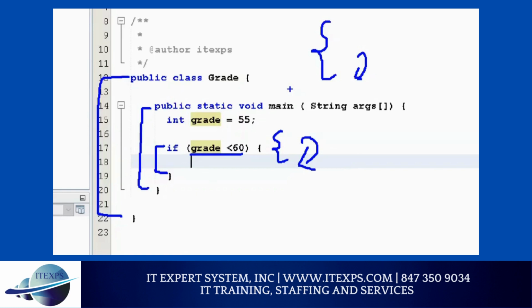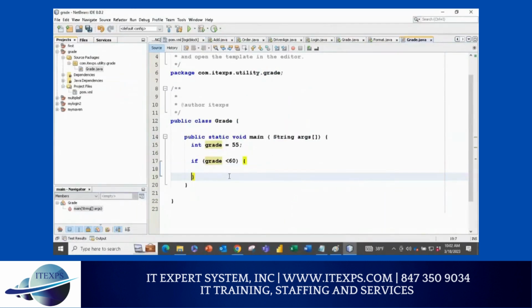But you know my habit. After a curly bracket, press enter. So I never had a problem. But most of the team members who do not have this kind of understanding, only a few curly brackets cause them a couple of weeks of problems. And when you don't complete the program in a timely manner, then you will get a label that you are slow. Make sense? So why go that way? Just press enter after the curly bracket, so it will automatically match. NetBeans does a pretty good job. If you highlight it, it will automatically tell you, right? So you will know right away whether it is matching or not. Again, at that time we did not have NetBeans.